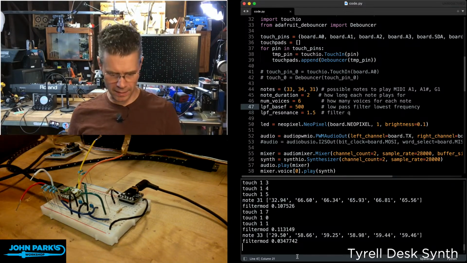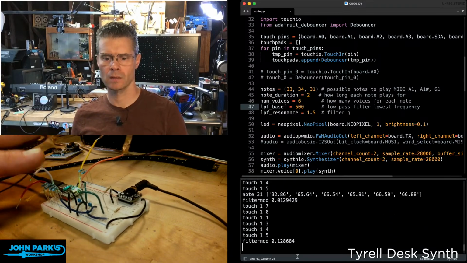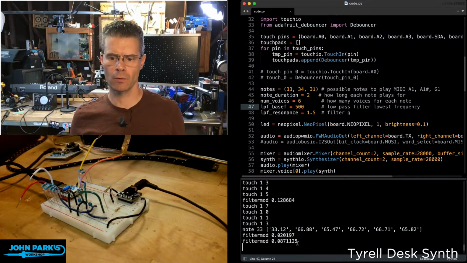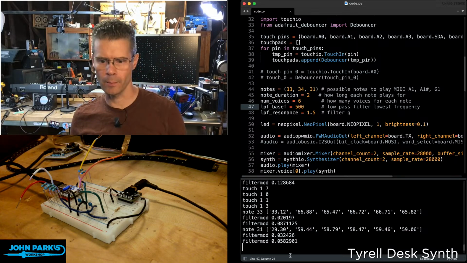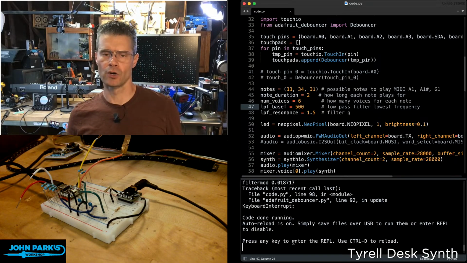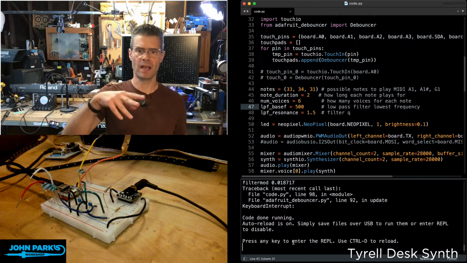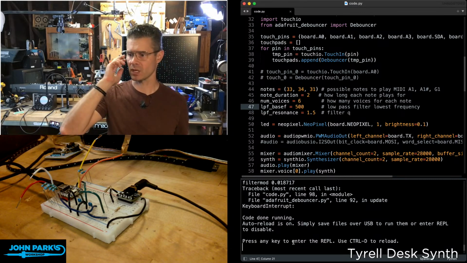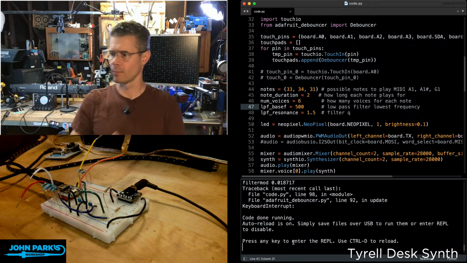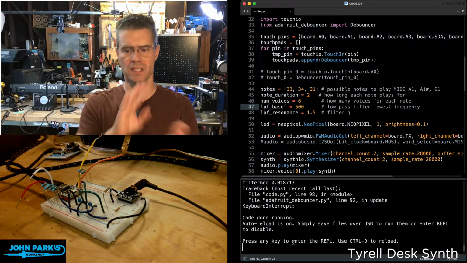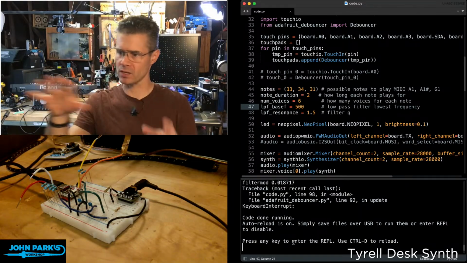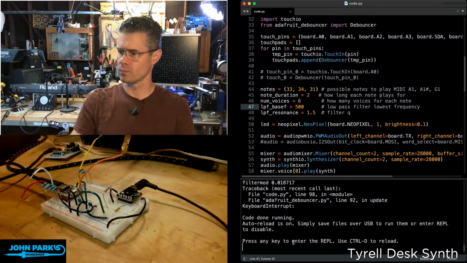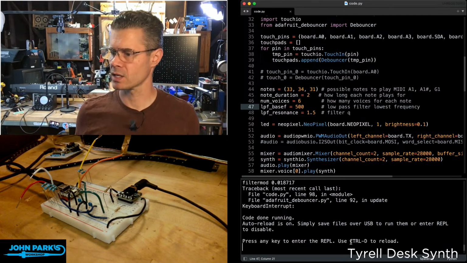Yeah, actually playing it like that makes me think it would be fun to do a version of it where it doesn't advance until you tap one of the cap touch pads, or you can adjust the tempo, the timing of that sort of auto play that it does.